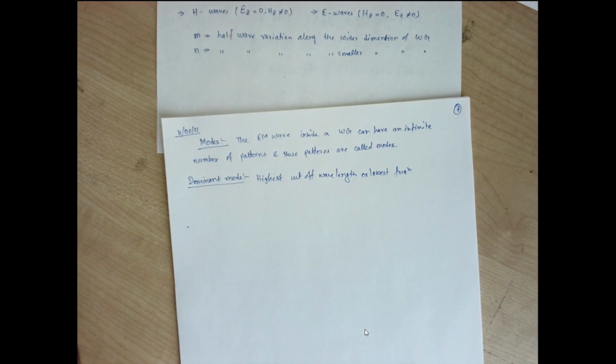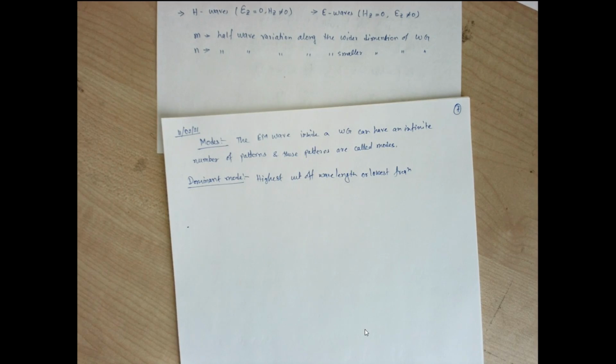Okay, we'll see what this cutoff wavelength or cutoff frequency is, we'll find that out. But we have taken a little bit of an idea about this: the dominant mode is a mode having the highest cutoff wavelength. We cannot have a higher wavelength after this. So it is the boundary of the range of wavelengths, or you can say it is the lowest operating frequency by which, if we excite our waveguide, the signal can be propagated easily with this frequency component.